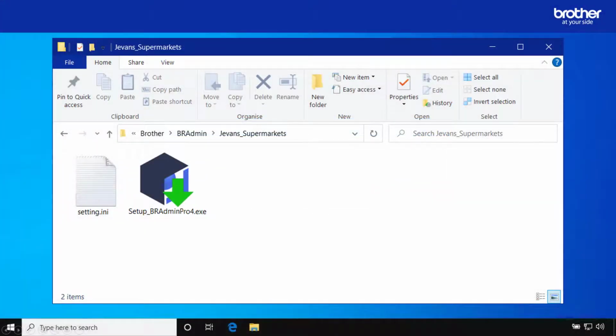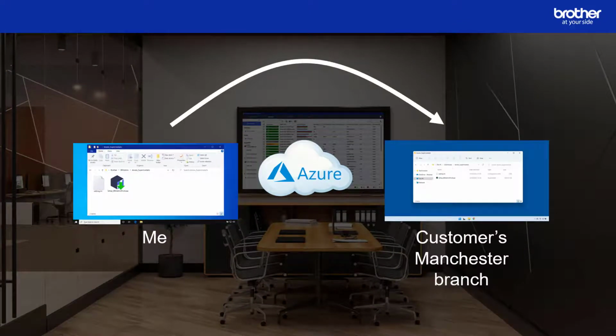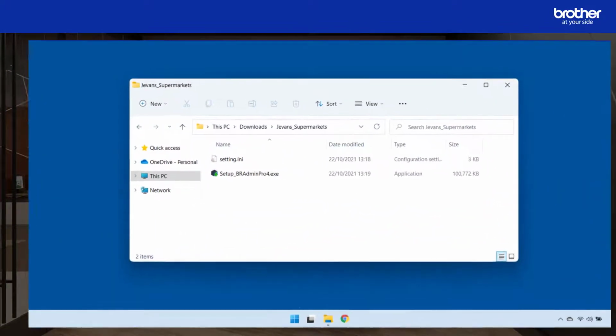I now need to copy both the exported setting.ini file and BRadmin installer to each of my customers' remote networks. In this example, I will start with their branch in Manchester.